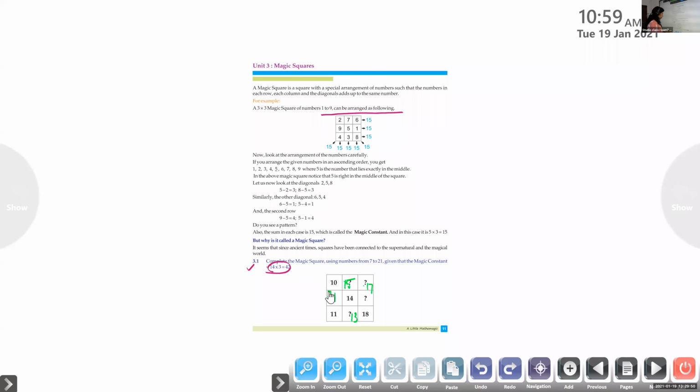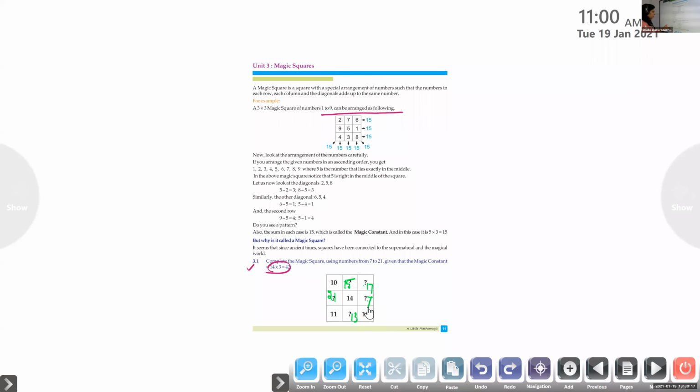Here it is 21. Then, what about this one? Then you have to find it out. 35. 21 plus 14. Subtract from 42. 42 minus 21 plus 14. Ma'am, answer is 7. Ma'am, 7. 7. So the answer is 7. Can you hear me? This is the answer for that.